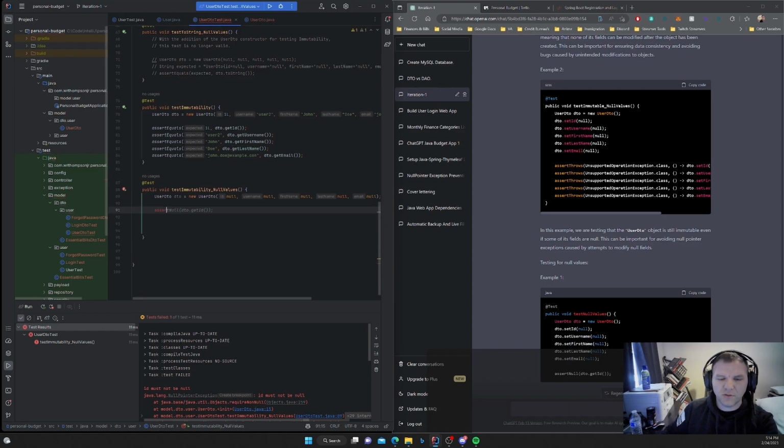So we don't want it to be assert null. We want it to be assert throws. Let's see if this is what we need.